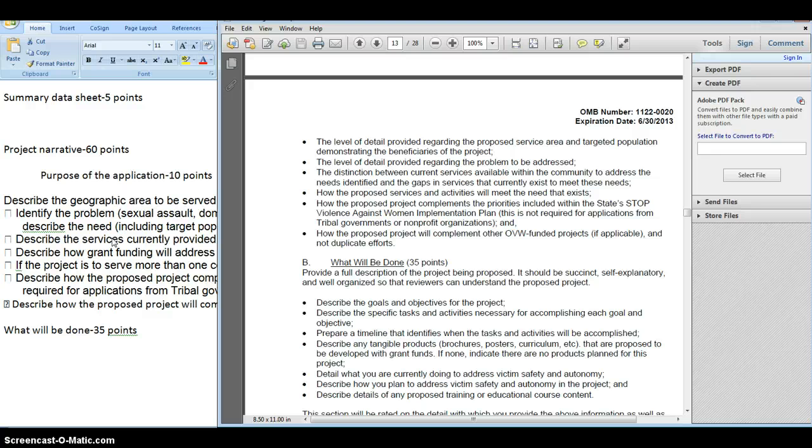The really cool thing I'll say, I've done this for the feds a couple of times, and usually it's raters from all over the country who you don't know. You'll rate the application individually, and then you'll come together and see where you have alignments. It's called a consensus call, and on the consensus call you'll discuss the application and come up with a final score among, say, the 3 raters. But the interesting thing I found is that if we all use the same rubric, creating a rubric similar to this one,